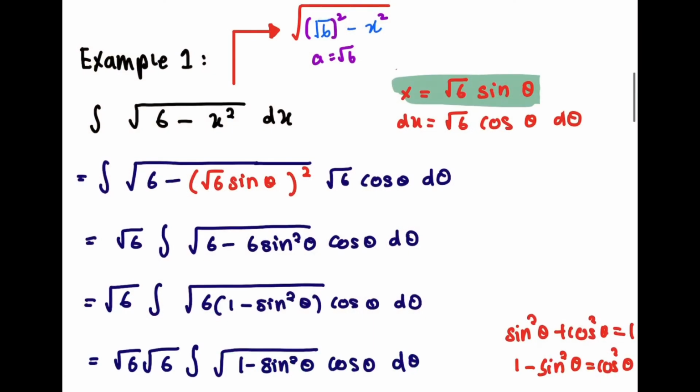Now, let's focus on example 1. We have the integral of the square root of 6 minus x squared dx. For this question, you cannot use u substitution. If you let u equal 6 minus x squared, when you differentiate it, you'll have x as the remainder